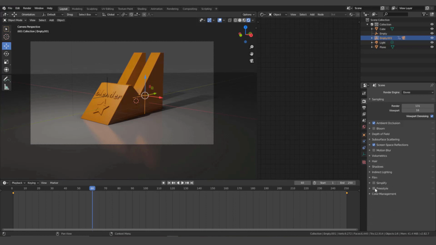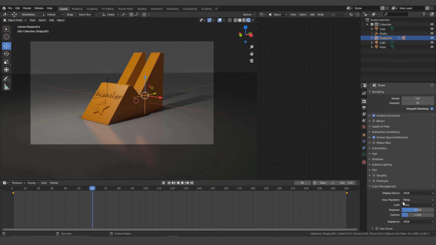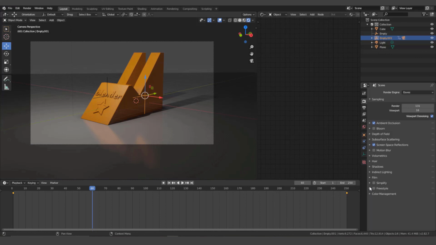And then let's go down to color management real quick. If we click on it, let's pick look, none. Let's make it medium contrast. That's probably what it's at already, but okay. And then I'm not going to use curves on this one, so let's just close that up. Okay, so the next thing we need to do before we render the video is we need to go to